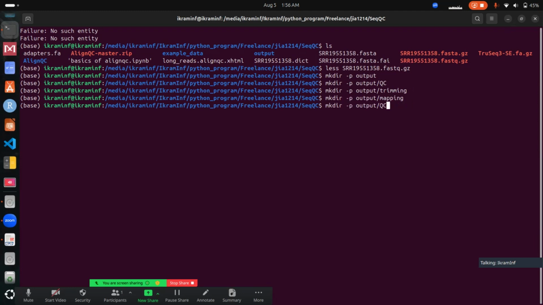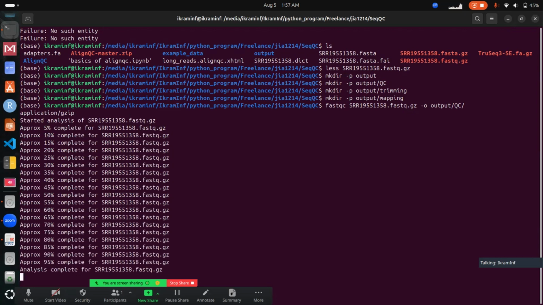So if we continue with our FastQC now, first the command fastqc, then the file name we want to get the report for, then the directory where the report will be saved. So we want to save it inside our output/qc directory. And now if we run this,